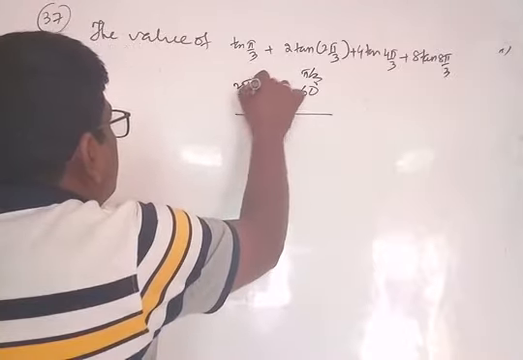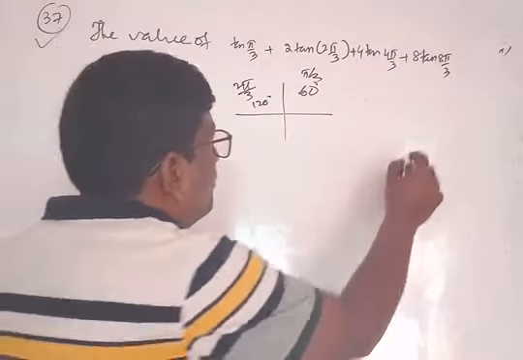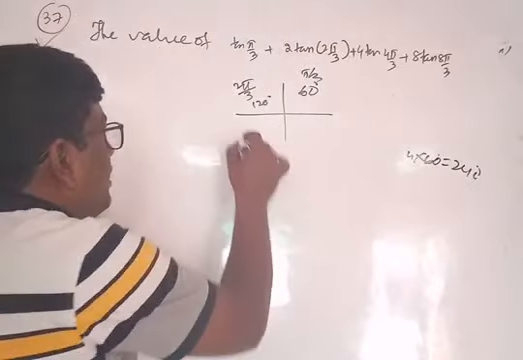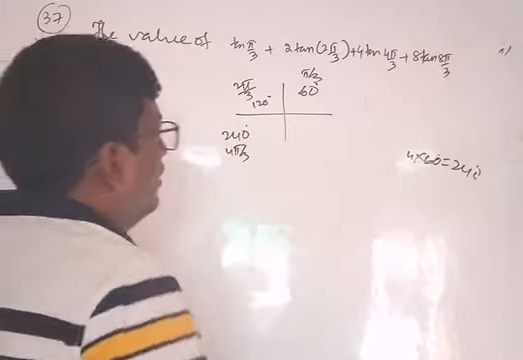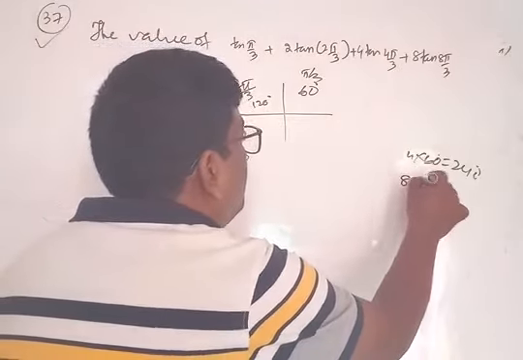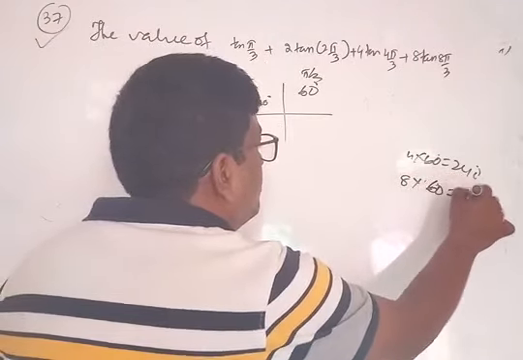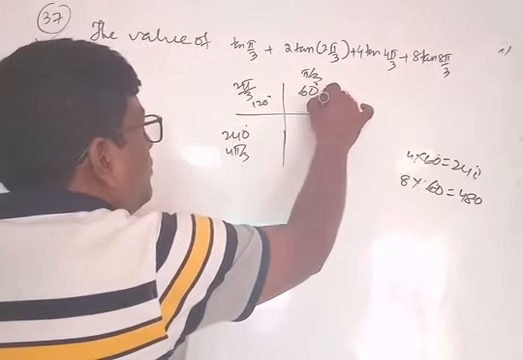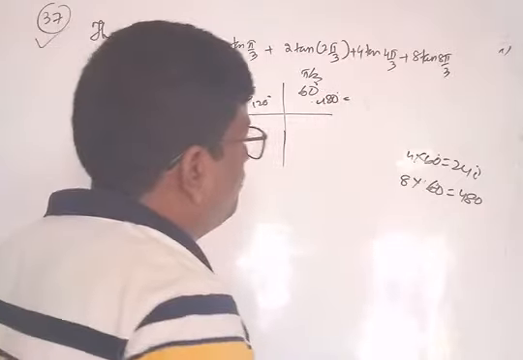120 degree is in the second quadrant. 4 pi by 3 is 4 into 60, which is 240 degree. And this is equal to 8 pi by 3, that is 8 into 60, which is 480. 480 means this is in the first quadrant. 480 is equal to 360 plus